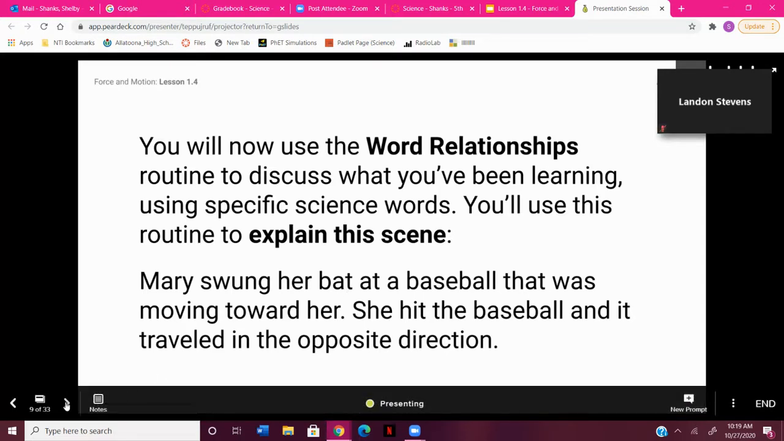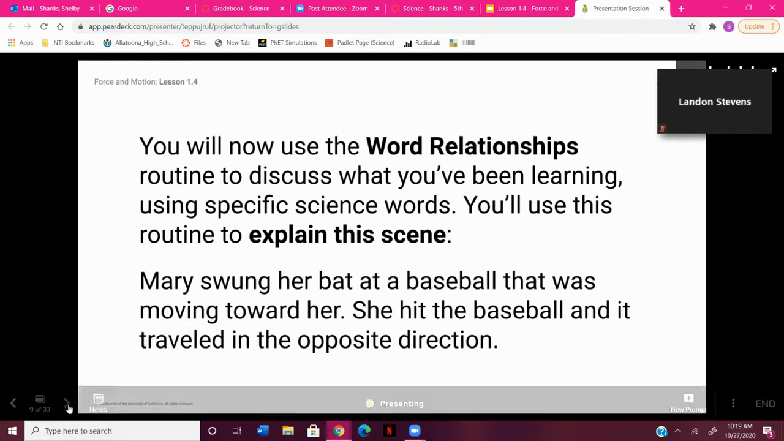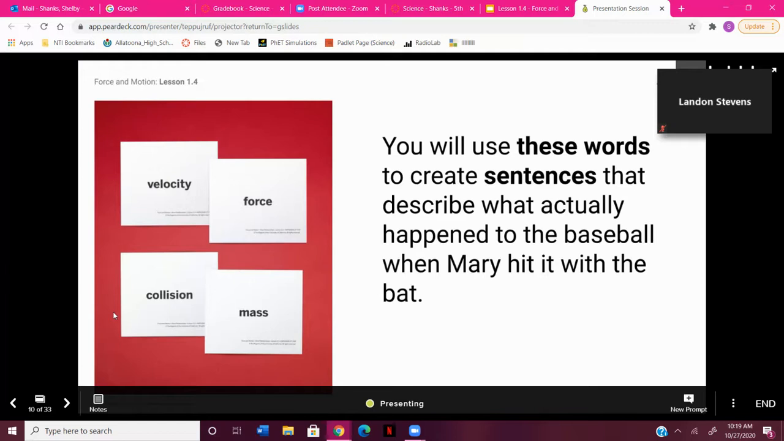All right, so Mary swung her bat at a baseball that was moving toward her. She hit the baseball and it traveled in the opposite direction. All right, these are actually not the words that you're going to use, so I'm going to move on to